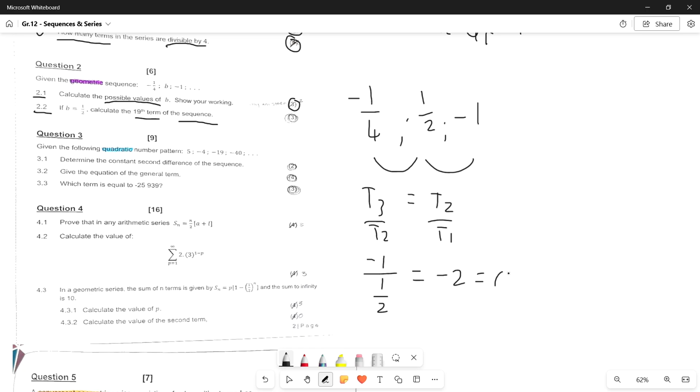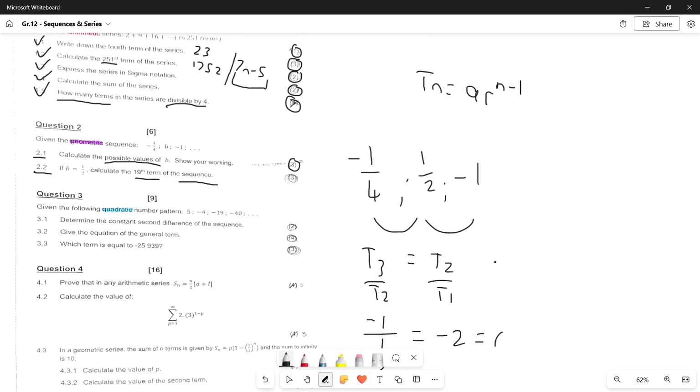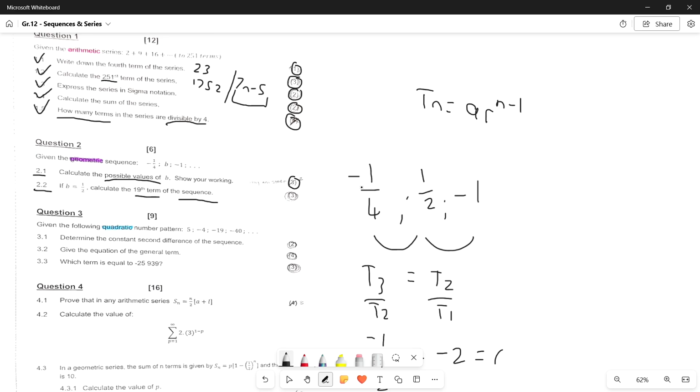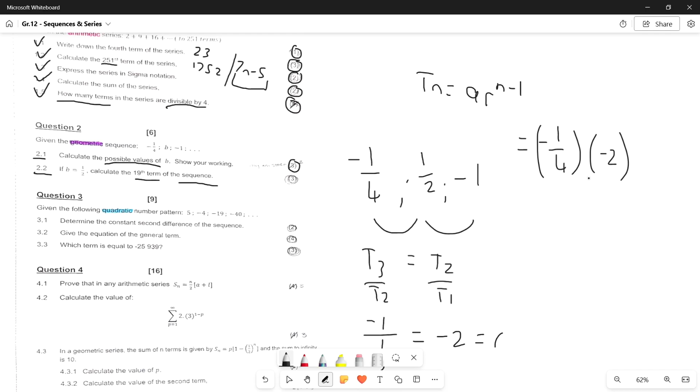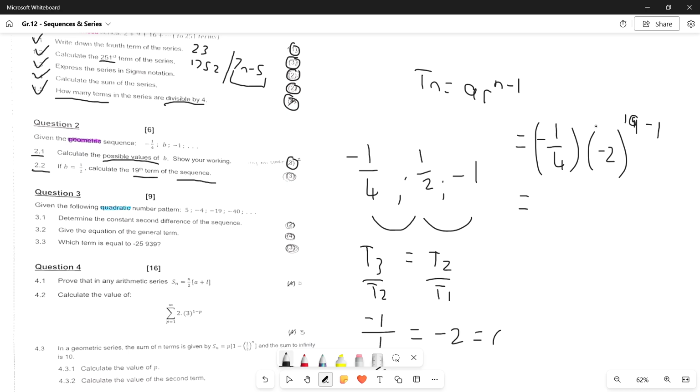So -2 is our ratio, because that is how much we multiply this term by to get to the next term. Our a in this formula is the first term in the sequence, which is -1/4, which means tn equals -1/4, that's our a, multiplied by r, which is -2, to the power of n, which is 19, as they told us, minus 1, because that is a part of our formula. At this stage they're just numbers, so we can plug it into our calculator and get our answer. Our final answer is minus